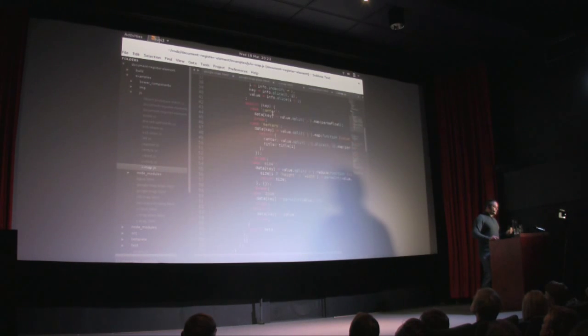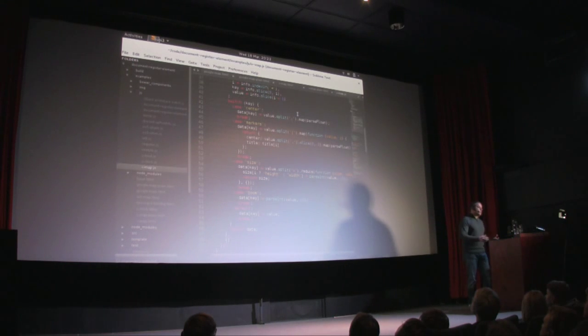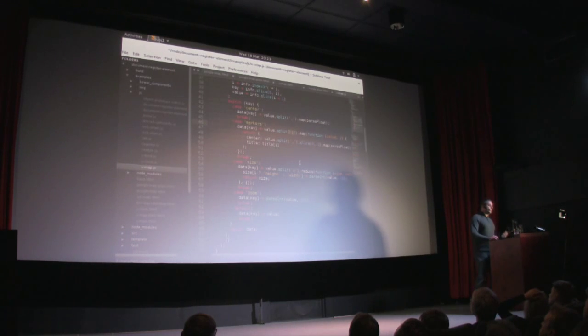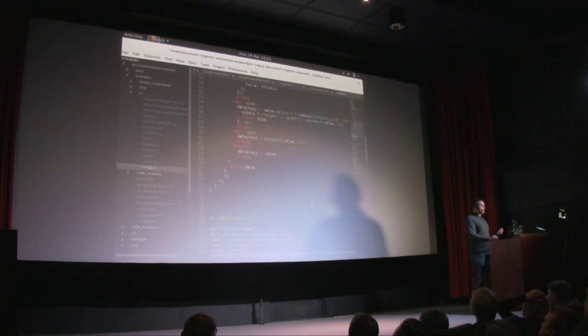Then I have a center, and I grab the center and split it into an array of lat long, because Leaflet works with arrays of lat long. Then I have markers, a list of markers that I split through the pipe, and then create again a center through an array of lat long. Then I have a size, and a zoom level. I have all the things that I need later on